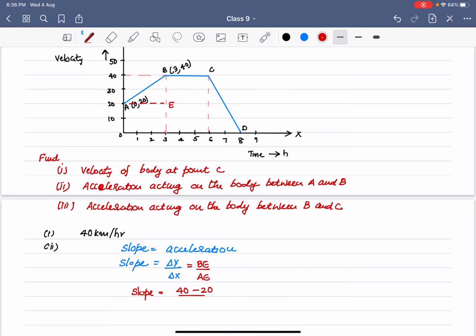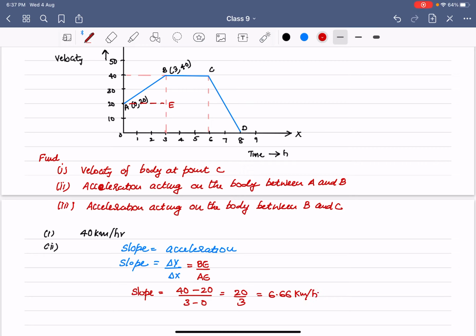So BE has to be equal to 40 minus 20 divided by AE. The time value marked at point B is given as 3 and the time value that is marked at point A is equal to 0. So this will be equal to 20 divided by 3. So 20 divided by 3 will be equal to 6.66